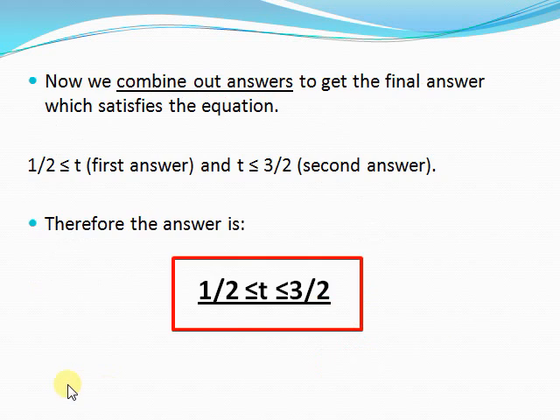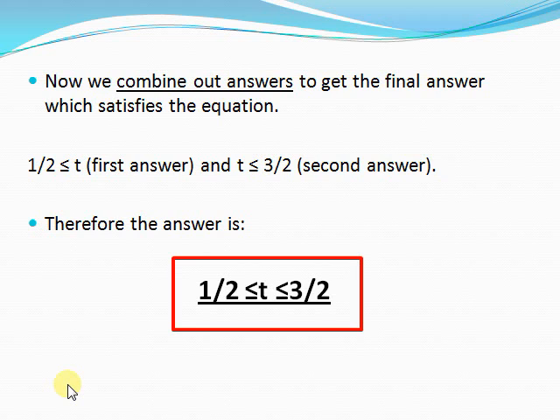So then we take both our answers and we combine them together. So the first answer we got was that t was greater than or equal to half. The second answer we got was that t was less than or equal to 3 over 2. So when we combine them, we get t is greater than or equal to half, less than or equal to